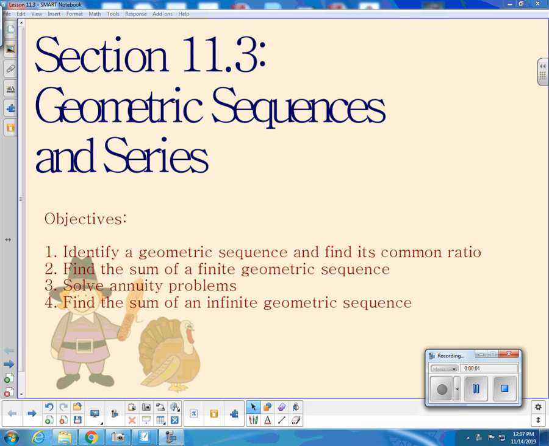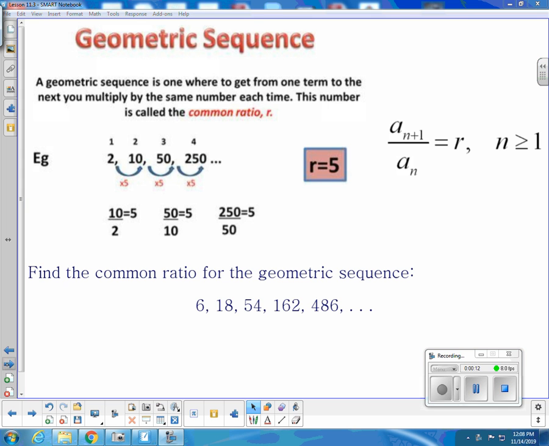So yesterday we did arithmetic sequences, which adds or subtracts by a common difference. Today we're going to do geometric, which multiplies by a common ratio. There we go. So instead of subtracting to find that common difference, we're going to divide to find the common